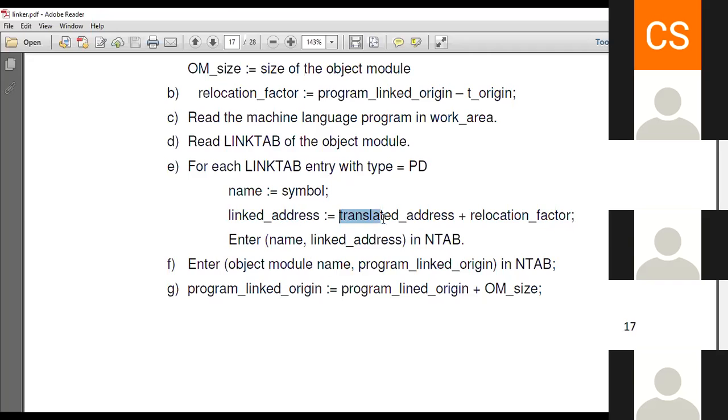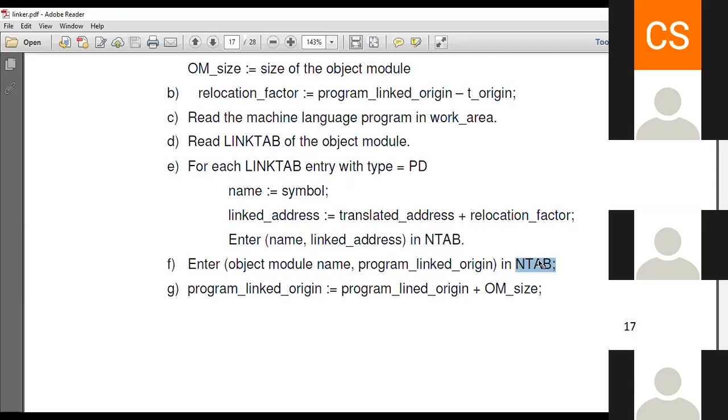If the translated address is 538 and the relocation factor is 400, then the link address will be 938. Like that, you have to perform the calculation and enter this name and link address in the name table. Enter the object module name and program link origin in the name table.